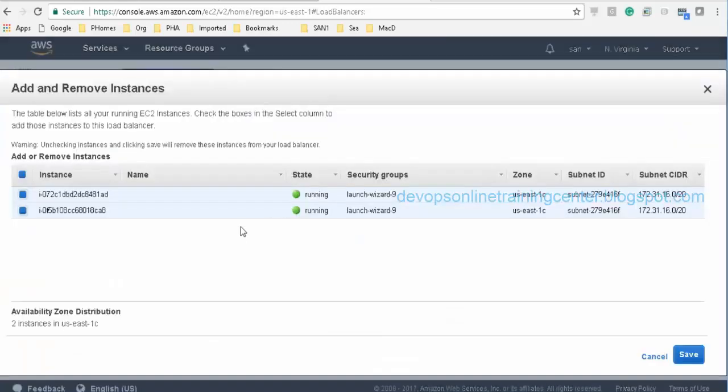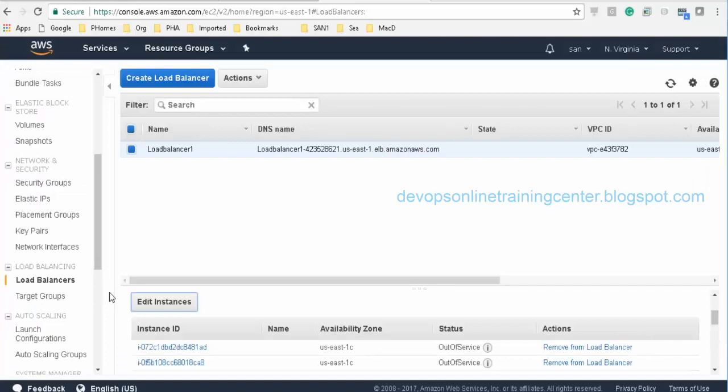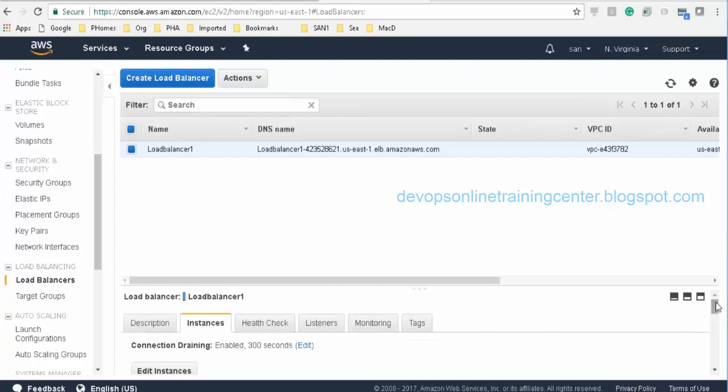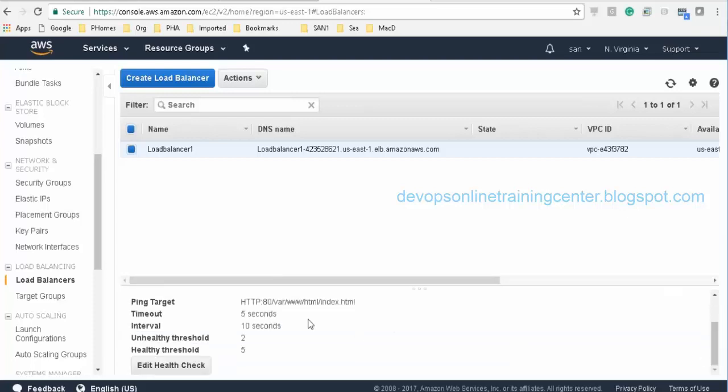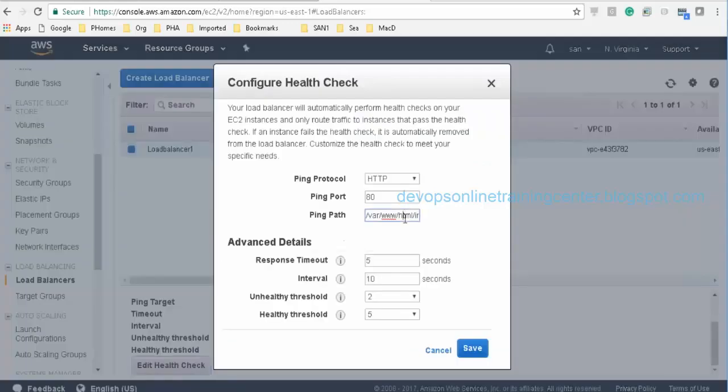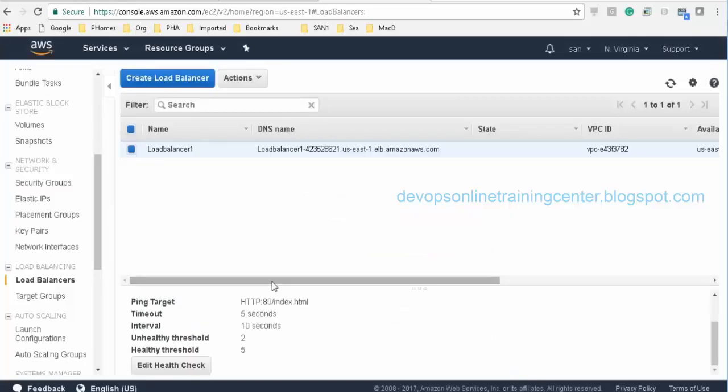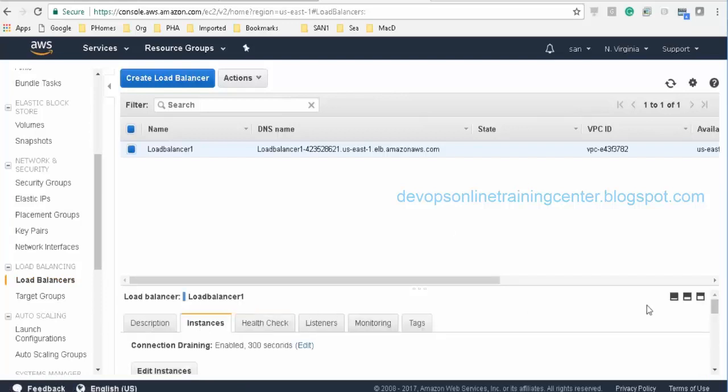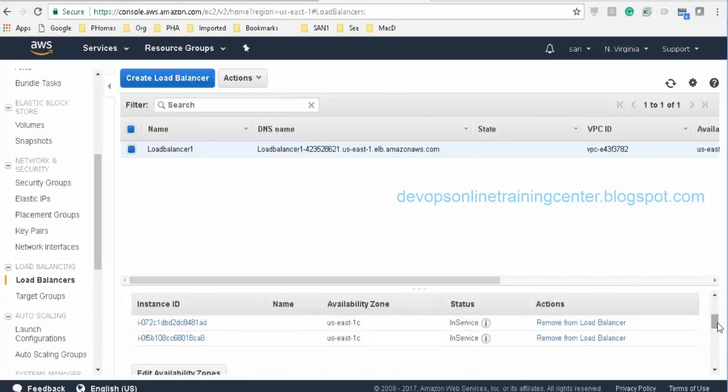I think something is wrong with the path. Something is wrong with the health check. Yeah, maybe just try with the default path.